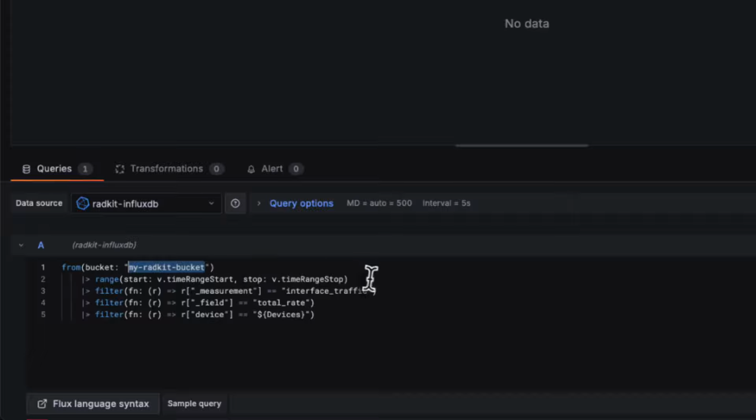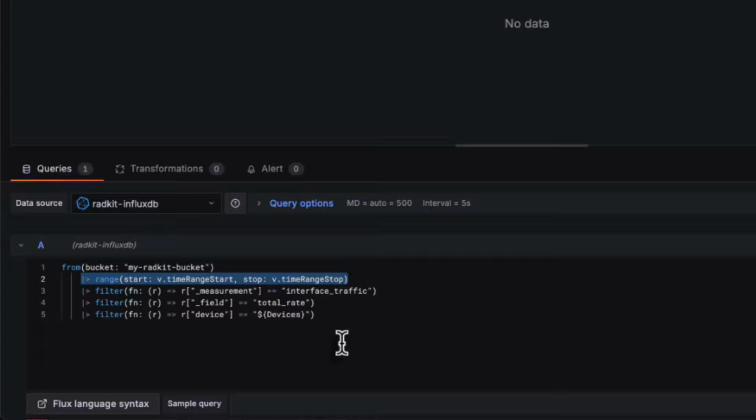And then we are saying, hey, from this device, which comes from our pick list here on top, I want you to get from the measurement interface traffic the value that you have in the field total rate, which is going to be our traffic rate in megabits per second. But also, please filter it based on this